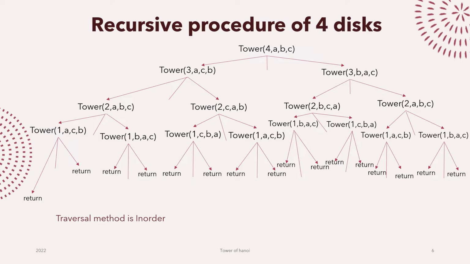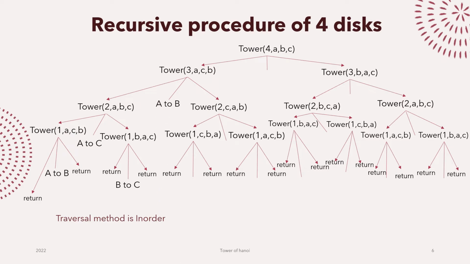So here, the tower of 4 ABC, the last level left child will be A to B, because here the source is A and the destination is B. So our first move will be A to B. The second move is A to C because it's the root node of A1 ACB, because it has come from the 2 ABC. Then the right child, that is B to C,